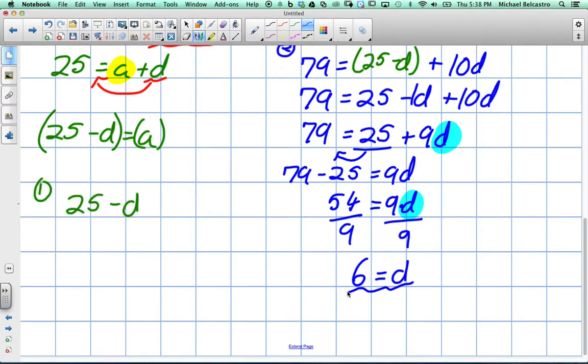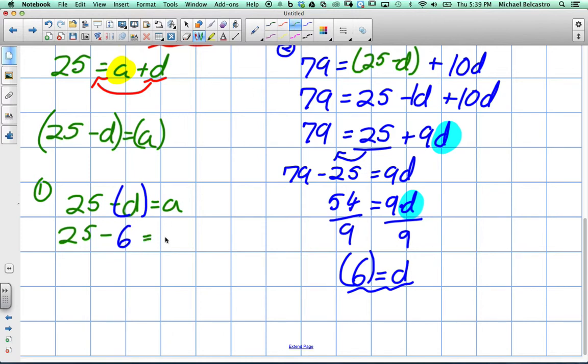So like we're saying, we have D equals 6. So we're going to put it into our first formula here. Our first formula, formula 1, is 25 minus d is equal to a. So we can now take this 6 and replace the value of d with it. So we'll get 25 subtract 6